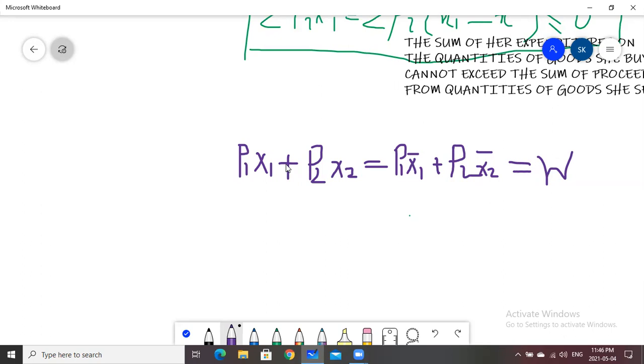Now what next can we do is that we have two P1s and two P2s. We can rearrange this equation and write the complete equation on the left hand side: P1 X1 plus P2 X2 minus P1 X1